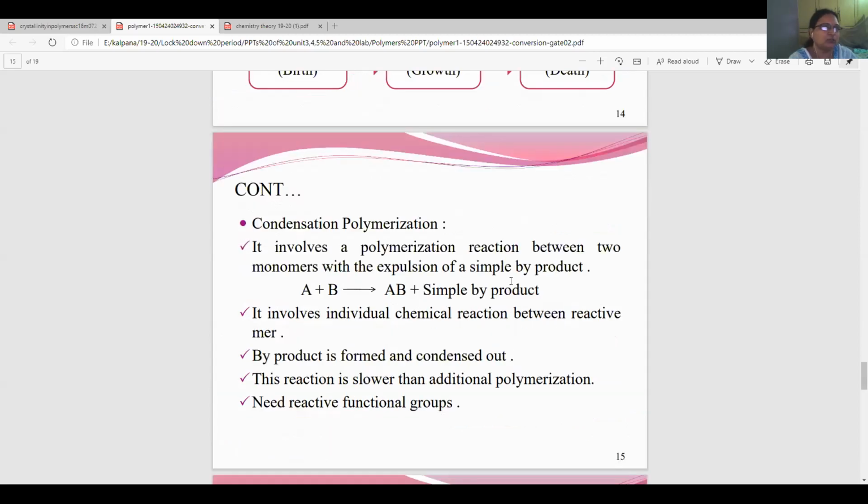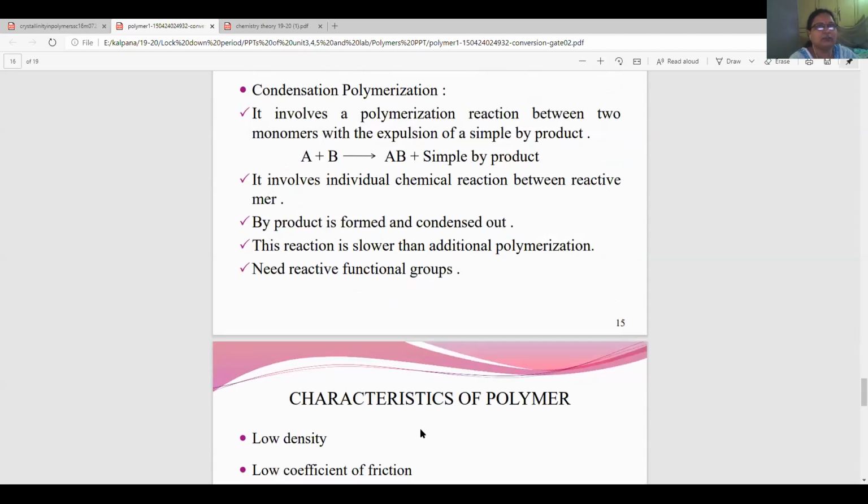Whereas condensation polymerization involves a polymerization reaction between two monomers with the expulsion of a single byproduct, like water, HCl, methanol. Ethanol can be obtained as a byproduct. So it involves individual chemical reactions between chemically reactive groups, a byproduct is formed and condensed out. Okay? So that is why this is also called step growth polymerization. It is slower and needs reactive functional